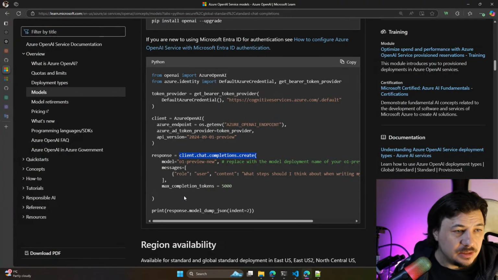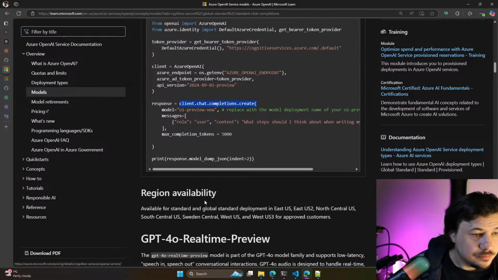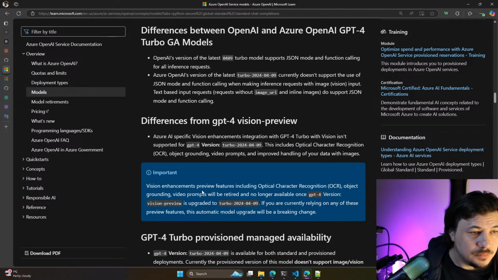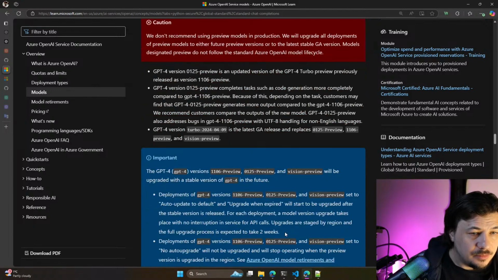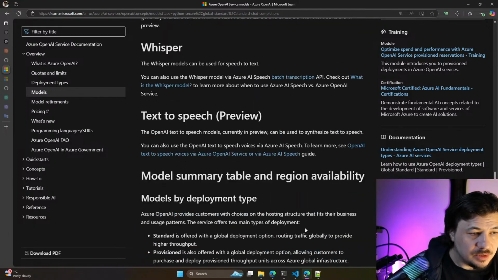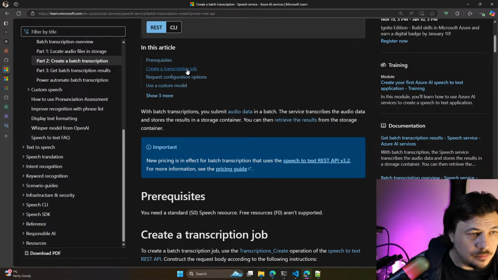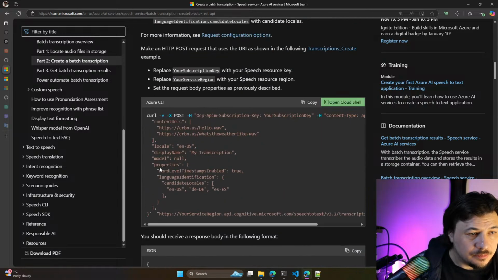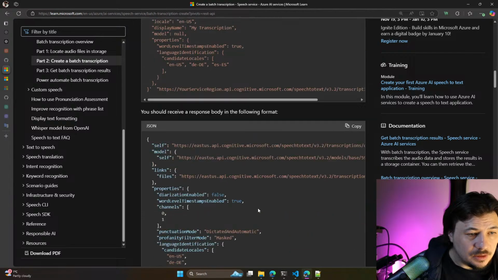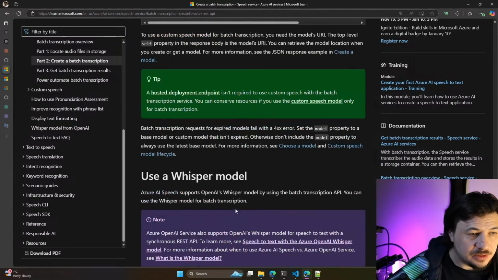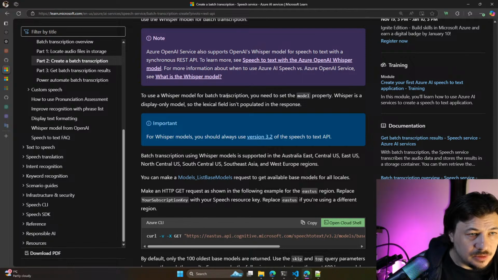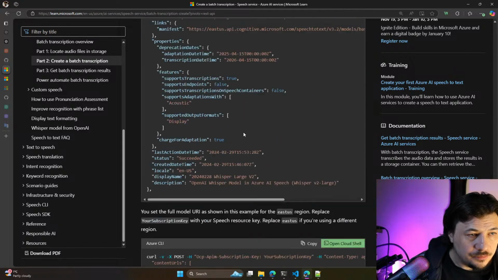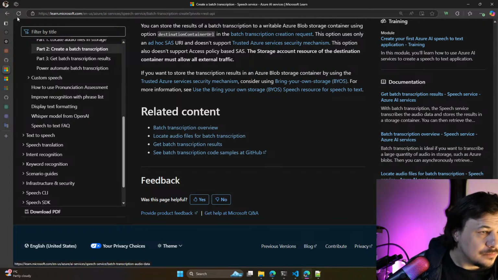And do we have anything else here? Let's see GPT. Maybe we could see also something about whisper. Okay. It's actually batch transcription using the whisper model. Do we have any Python?